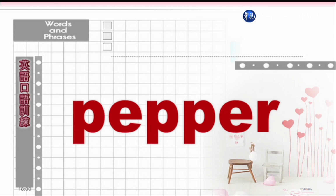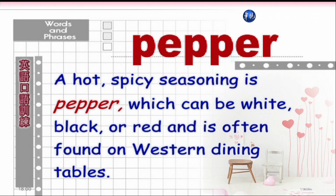Pepper, pepper. 胡椒。A hot, spicy seasoning is pepper, which can be white, black, or red, and is often found on Western dining tables. 胡椒有白的、黑的或红的，是辛辣的香料，常常呢会在西餐的桌上见到。